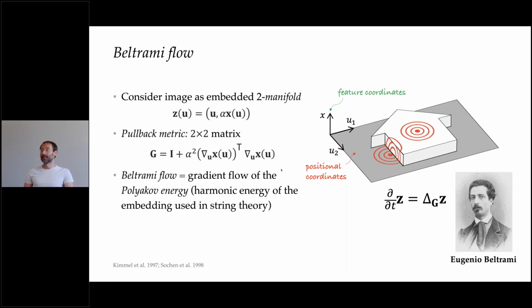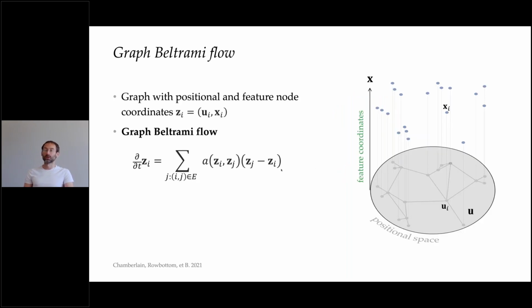So we can apply the same idea to the graph. In this case, we assume that every node has two types of coordinates, the positional coordinates and the feature coordinates. And what is important is that the positional coordinates don't necessarily need to allow us to recover the graph exactly from this embedding. So this can be basically some representation that is again convenient for the problem. And the embedding doesn't need to be in the Euclidean space. Actually, for many graphs, it's convenient to use, for example, spaces with hyperbolic geometry. And now we apply the diffusion equation to the pair of these coordinates.